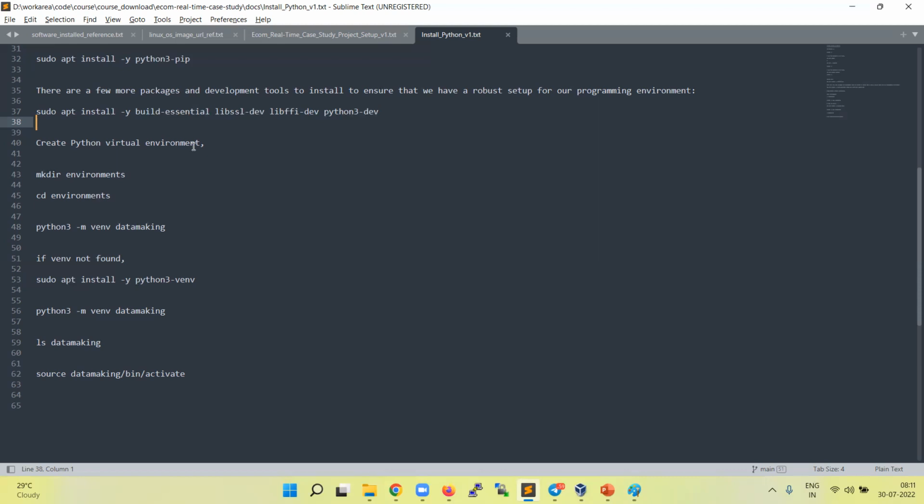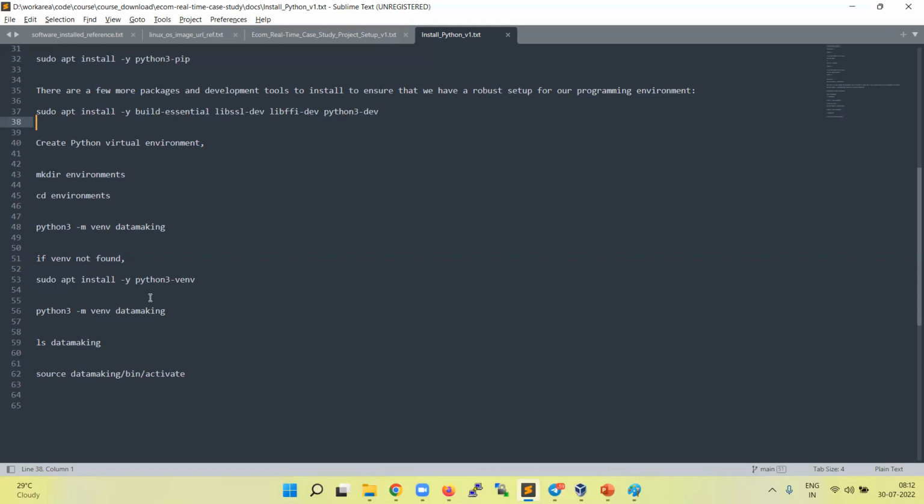I don't want all the packages dumped in the root installation of Python, so we keep a separation of concern. The Python virtual environment helps you create an isolated Python runtime, so that you can install whatever packages you need for that particular application.